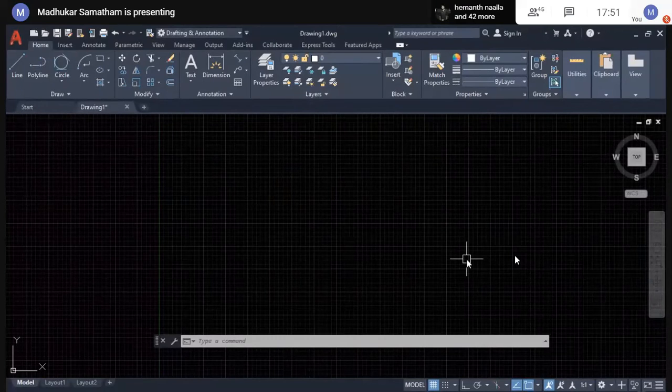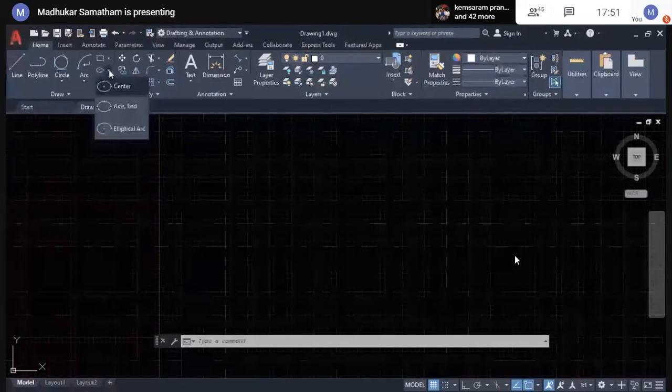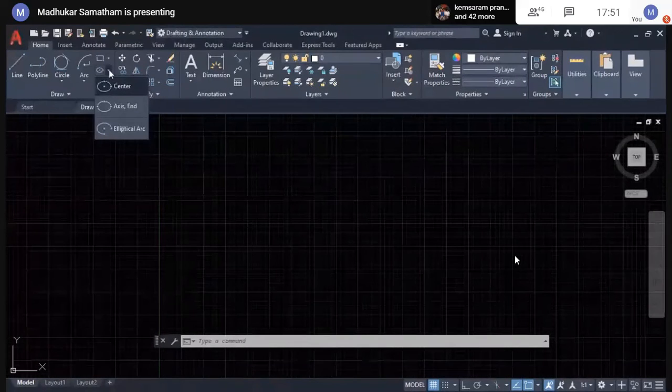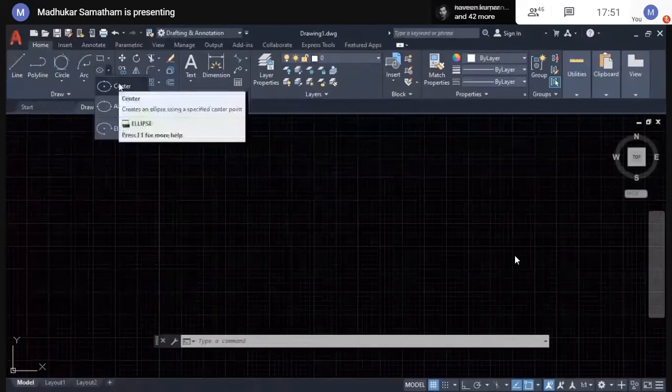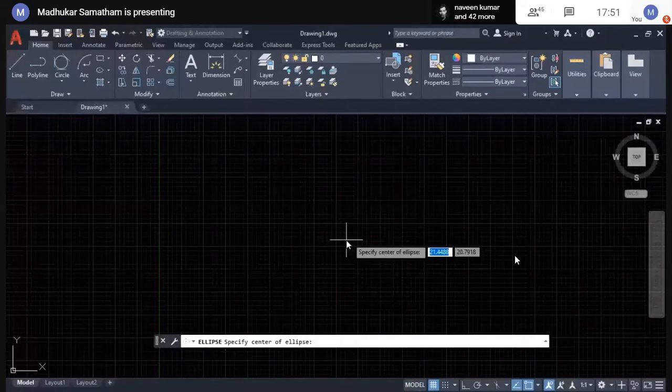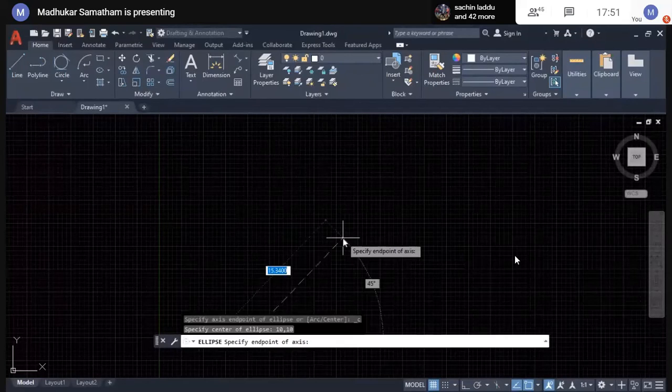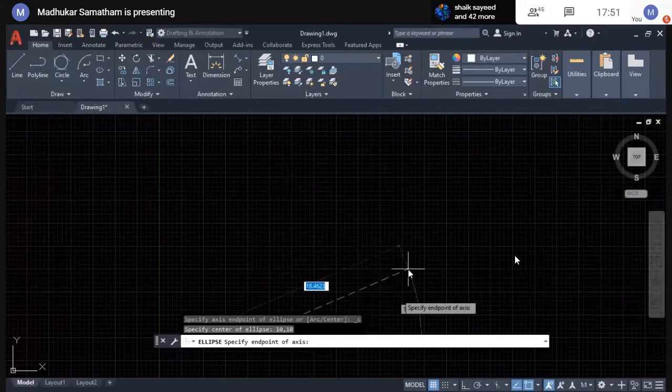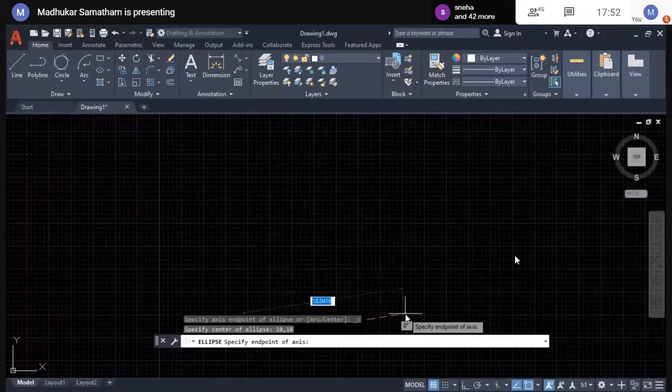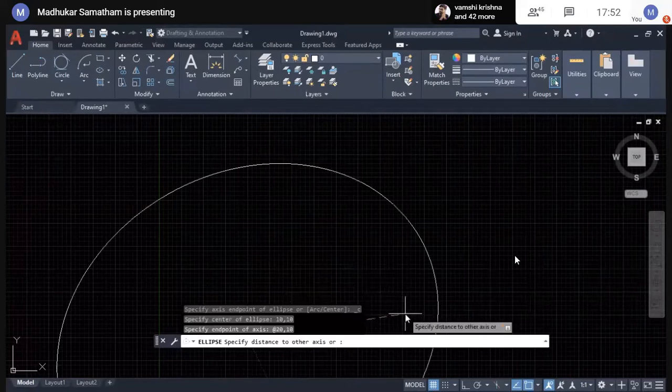Go to the ellipse option. Here, 3 different types of ellipse options are available. First one is center. Select the center point. Specify the end point of axis. X20, Y10. Rotation.